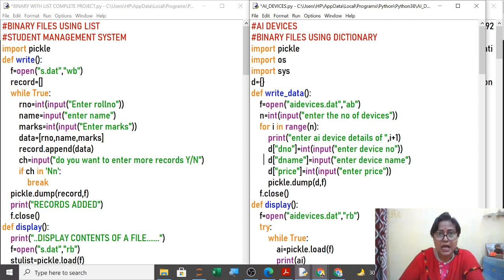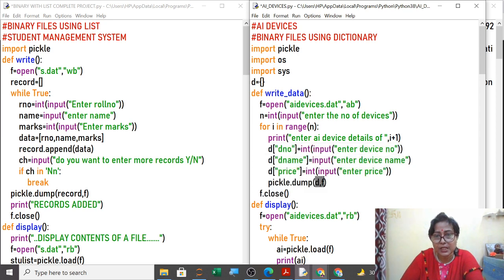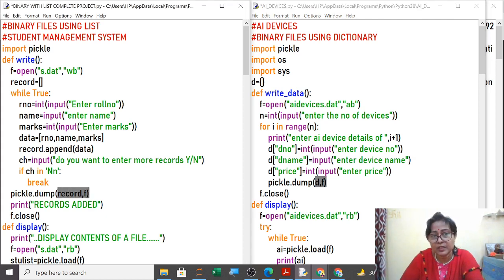First thing, here you can see that I was using import pickle, and then import os and import sys, and then I was designing this. I was creating a dictionary, and in that I was storing my data. So the dump and load methods will be the same in both cases. Only here we were dumping the dictionary, or writing the dictionary, and now you will see that I will write the list. Here the name of the list I have given is record, and that I will write.